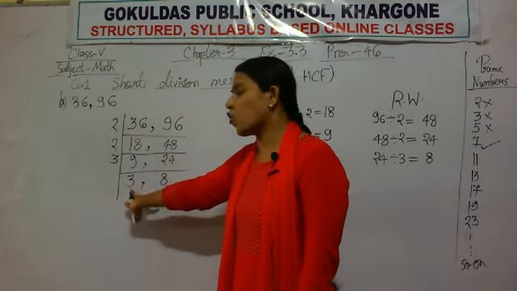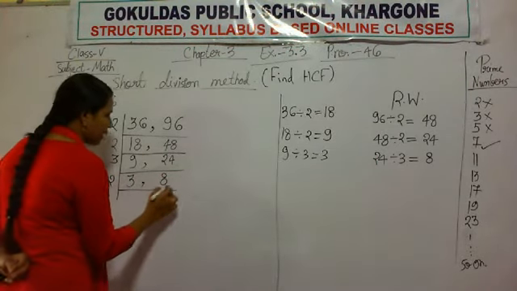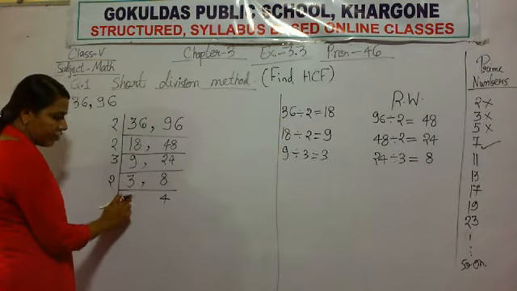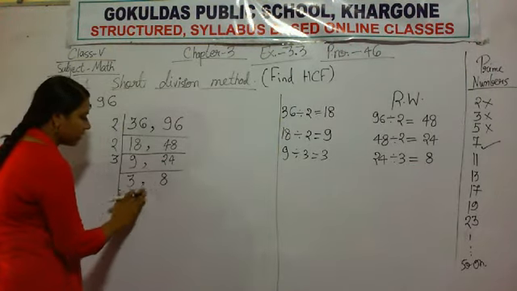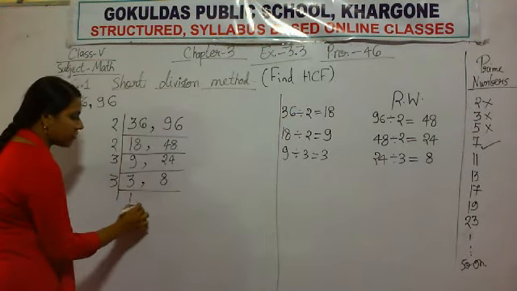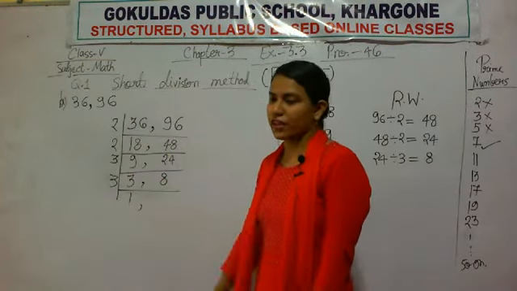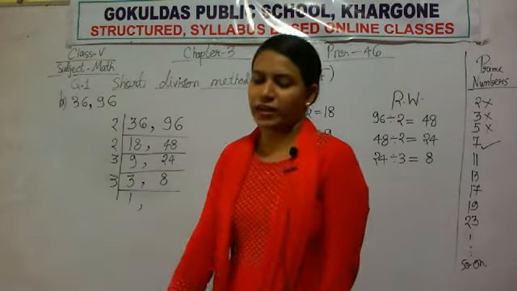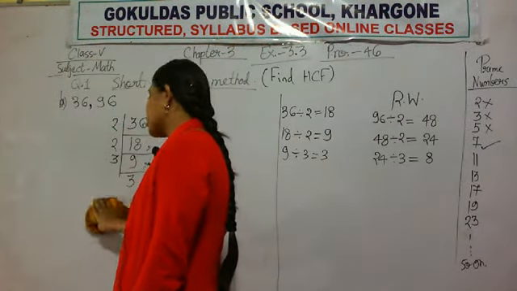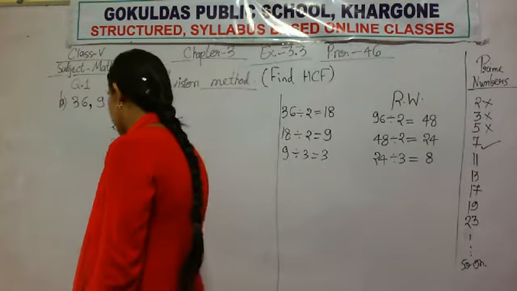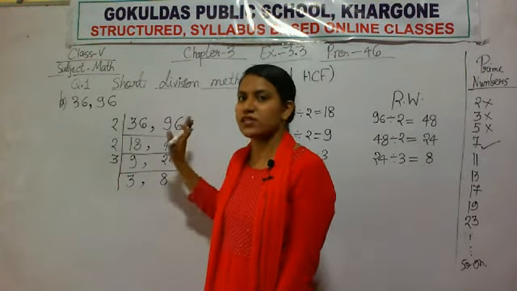Why? Because there is no common factor to divide both the numbers, right? If I take 2, I can divide only 8. I cannot divide 3 by 2, right? So I cannot choose it. If I take 3, I can only divide the 3 but not 8, okay? As 8 does not come in the table of 3. So there is no common prime factor to divide 3 and 8. So we will stop our division process here, as there is no common prime factor.